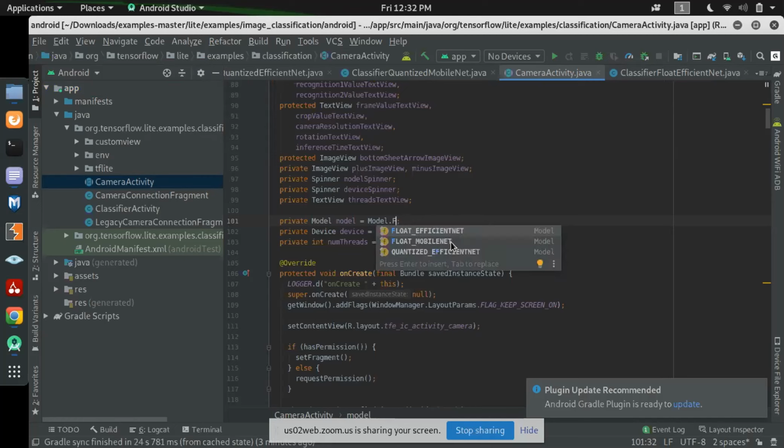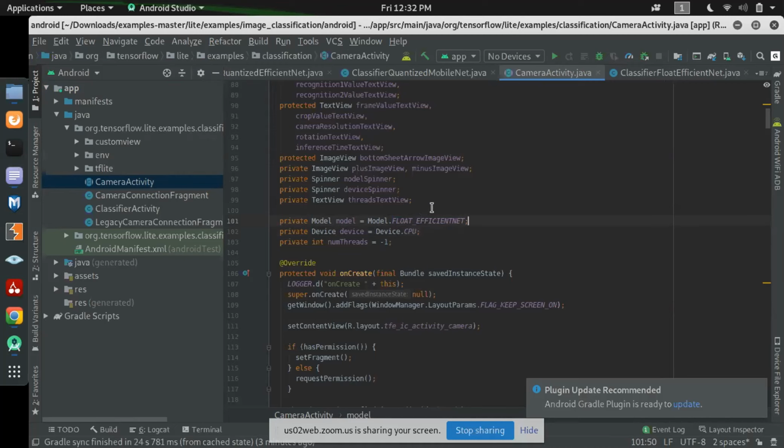Remember this thing, guys. You can rename with this float efficient. Whatever is present here, you have to rename it as float efficient. This is the first thing you have to remember.